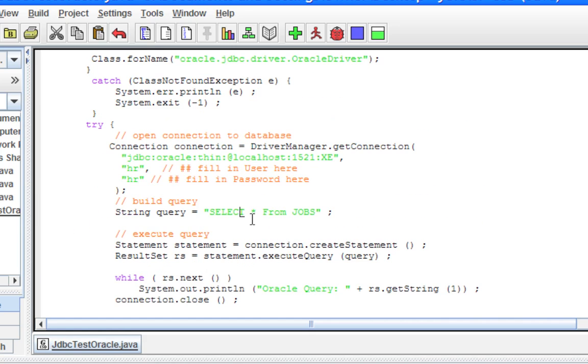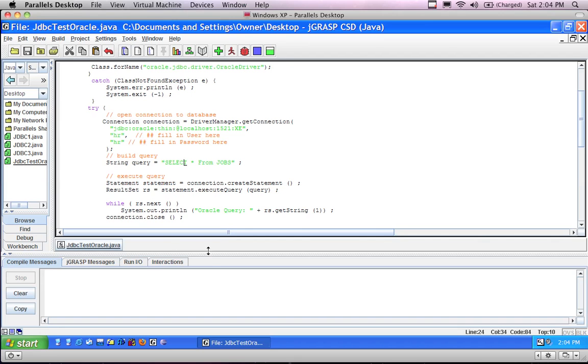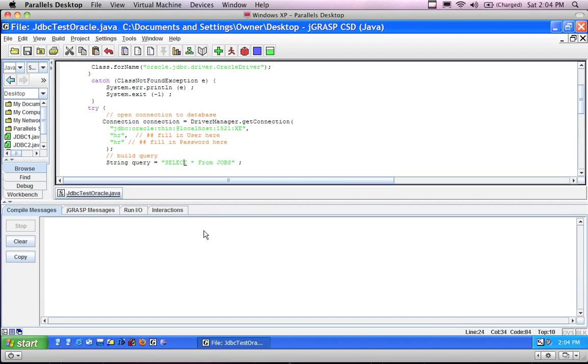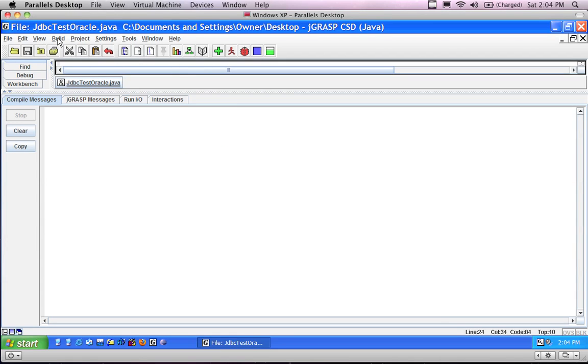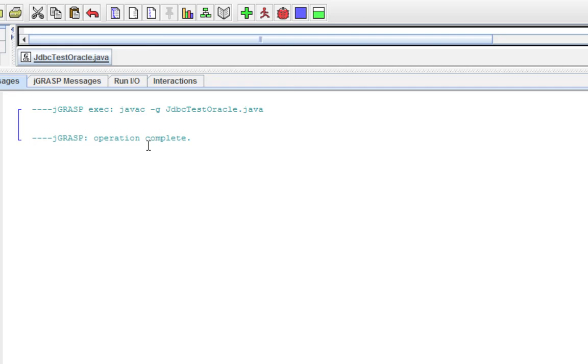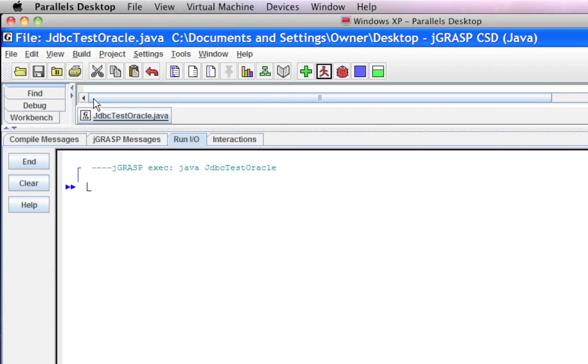And then we're going to close the connection, and then check for SQL errors. This is another reason why I like the JGrasp interface: all of the output is going to show down here. So if I run this, I'll make this a little bit bigger so we can see what's going on. If I build it, I'm not sure if I have it built yet. We're going to see if the operation was complete. If I run it, we're going to see,